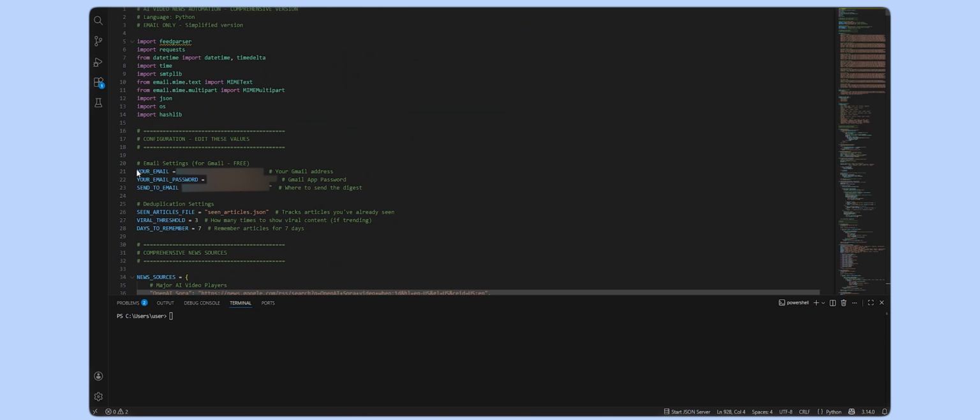Add your email and app password, which is very important. At the beginning of the code, there will be lines where you have to add your email ID and app password. This is because the automation will email you the updates. You can also use a phone number to get it on your WhatsApp and SMS. I know it sounds crazy, but app passwords and mobile numbers are safe. You don't need to worry about that.